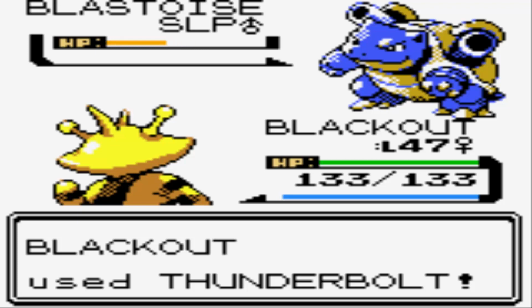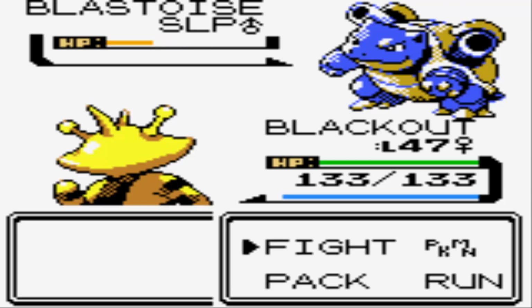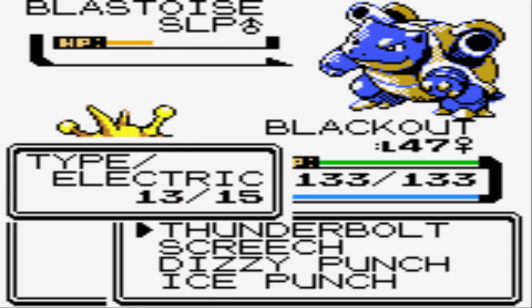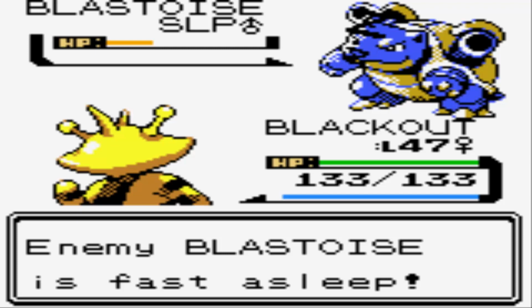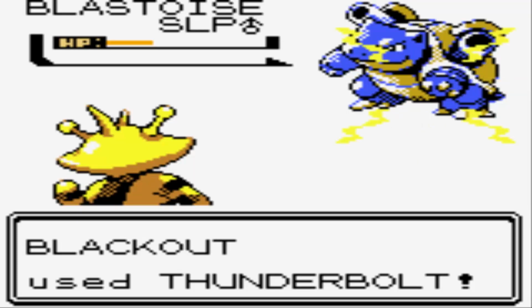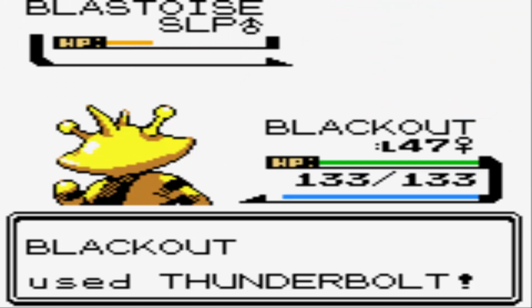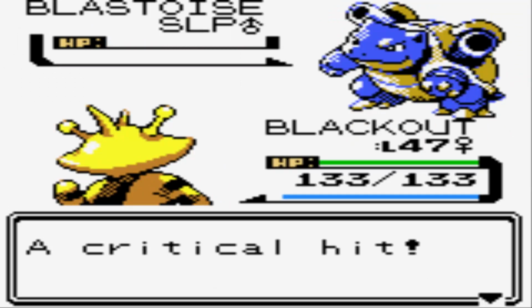We're going to get in here with another Thunderbolt. Looks like one more. Okay, so it would be safest to switch over to Politoed and just wait for him to wake up. But let's cross our fingers and hope he stays asleep one more time, which he will. That's awesome. That means I don't need to have Blackout die, which is great. Ooh, that'll be awesome if I can win this battle without anyone getting KO'd. It's a whole nother added...